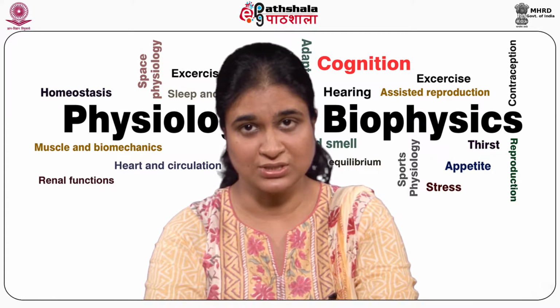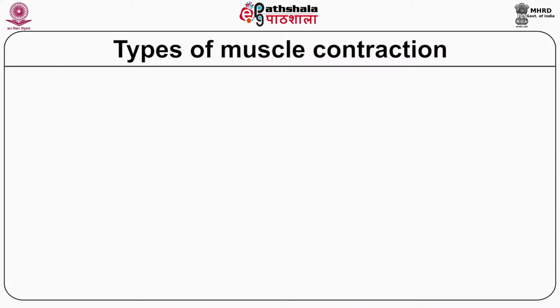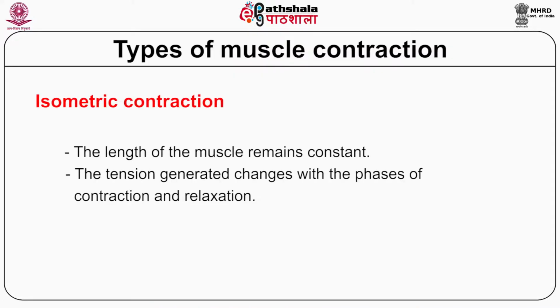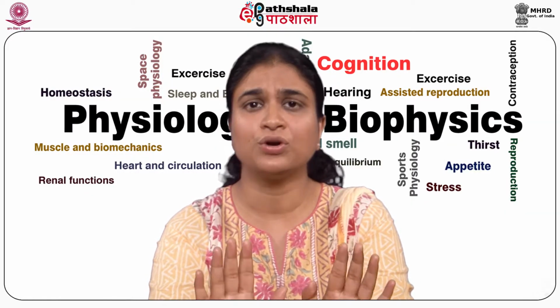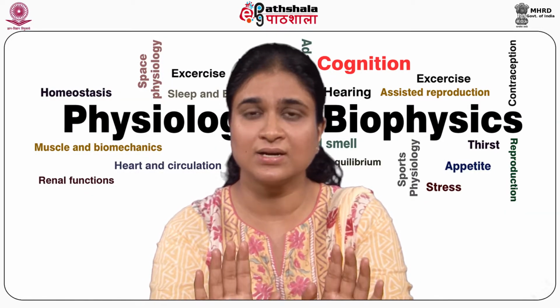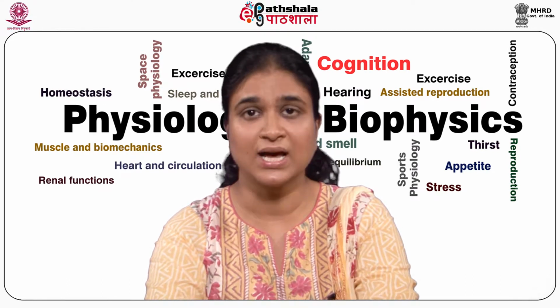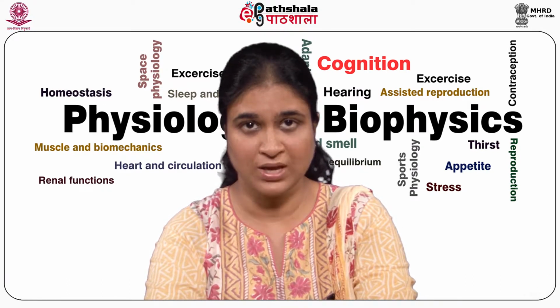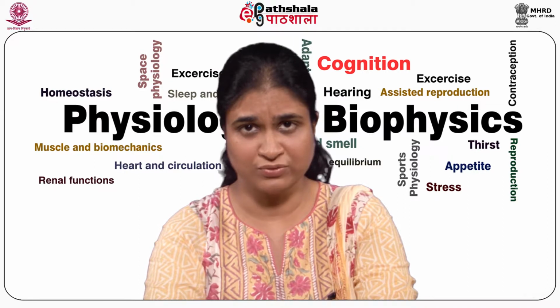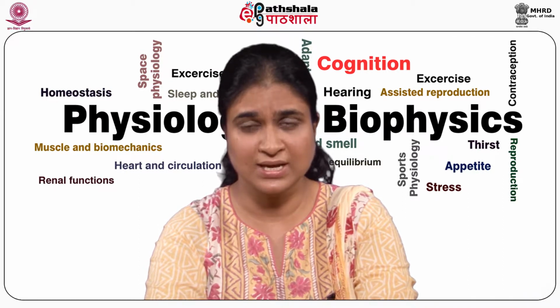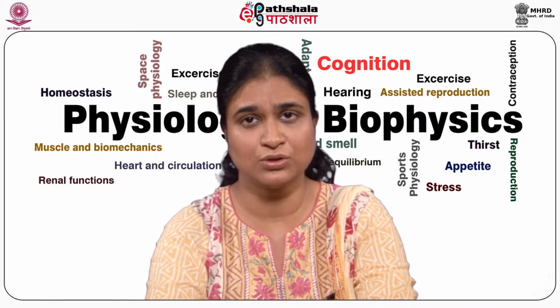Isometric contractions are observed physiologically when a muscle contracts against a load exceeding the maximum total tension it can develop. Example, when you use both your arms and try to push against a wall. That's an isometric contraction. While most of the body movements at various limbs and joints against a definite load are